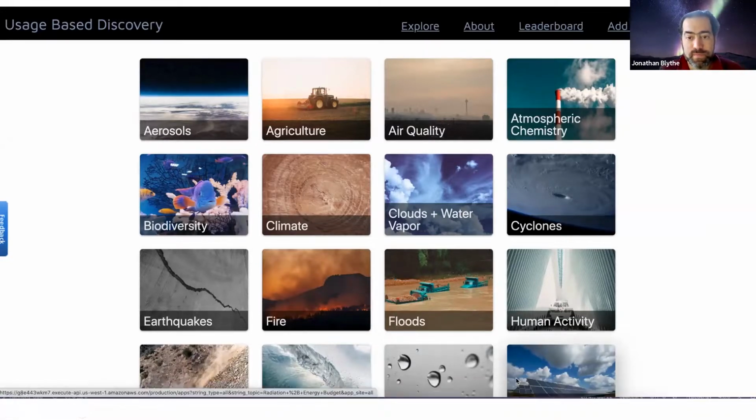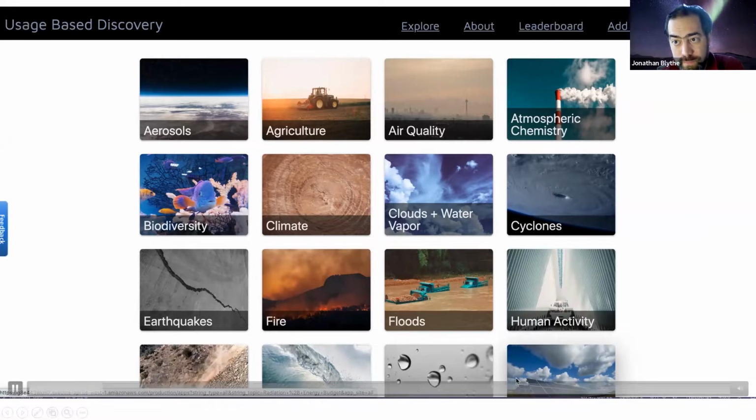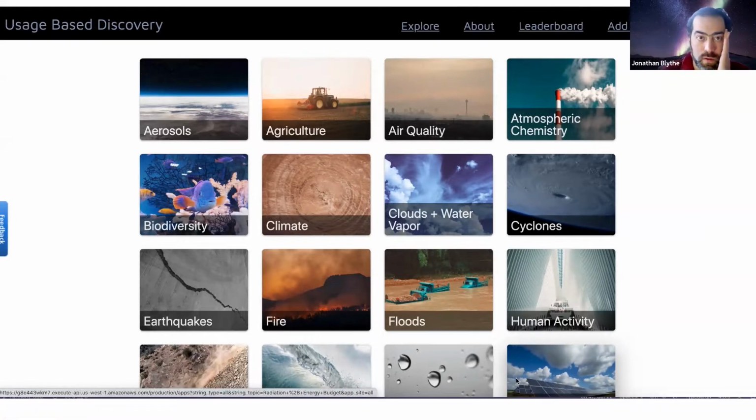Welcome to the usage-based discovery application. Right now, we're on the usage-based discovery page. You can see here we have a pretty simple list of topics. And the goal is to make this process of earth science data discovery as easy and accessible as possible. So we've avoided using any specific jargon or words that perhaps analytics or interdisciplinary standards will not